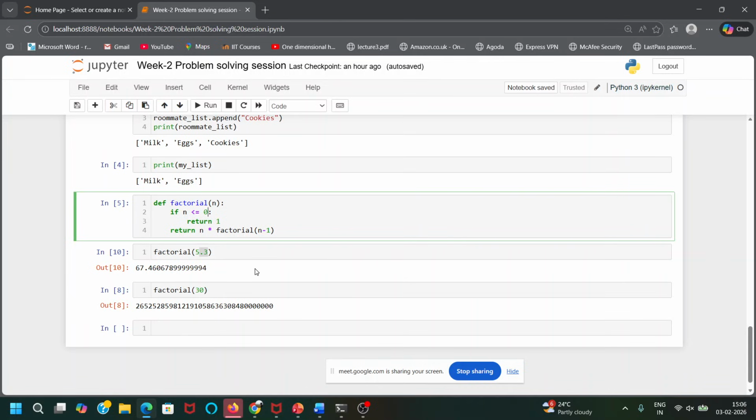But yeah, this is good. I had also overlooked this, but if type of n is float,